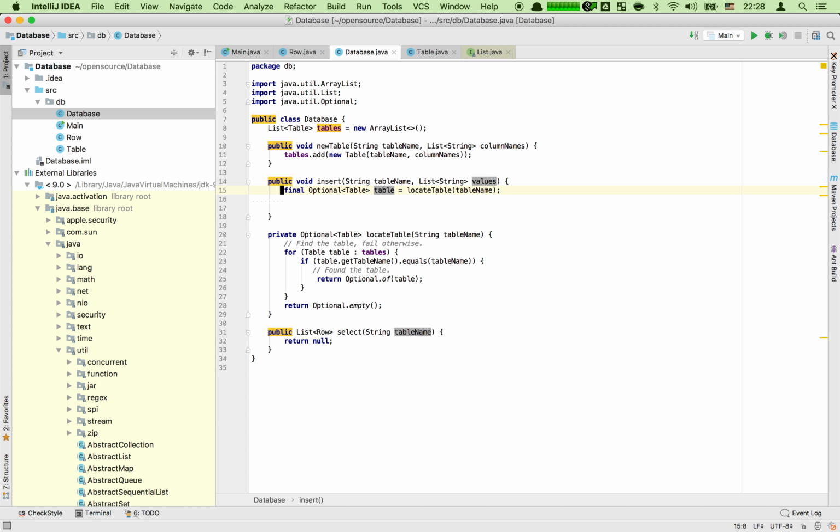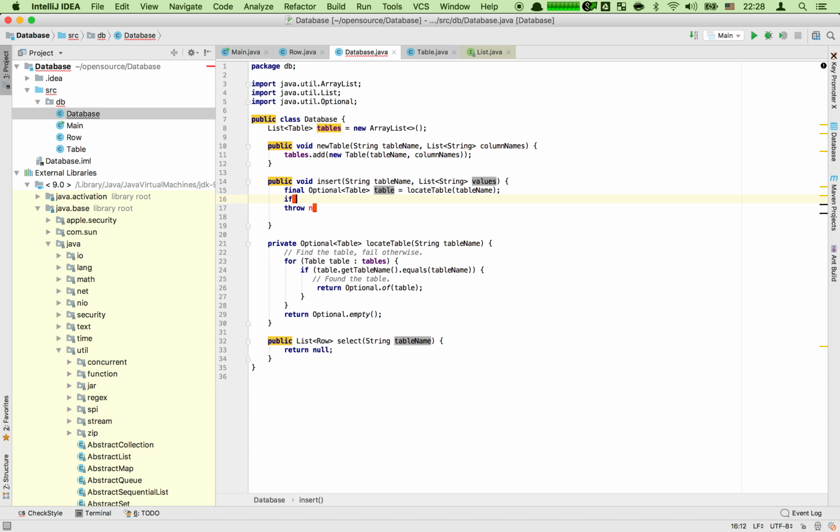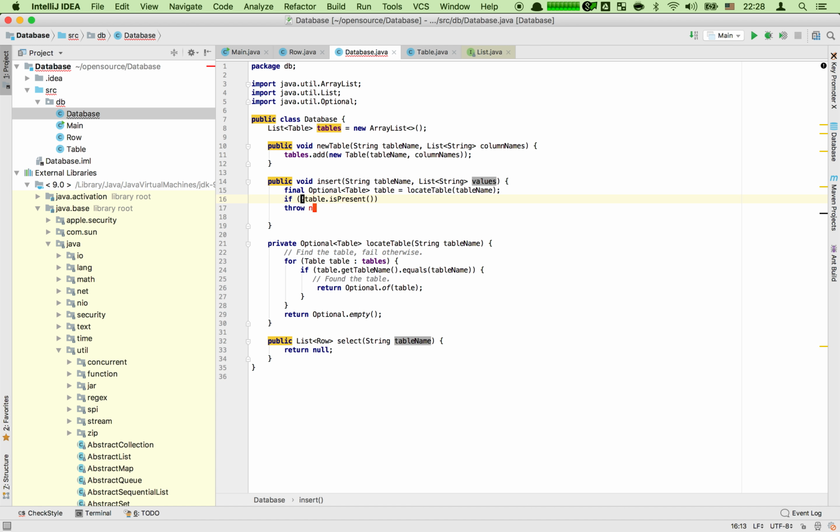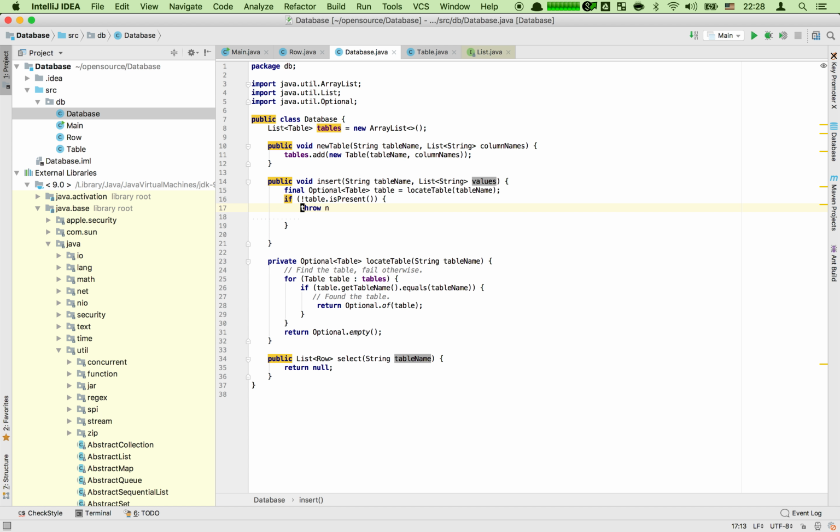Sorry, if we insert and the table doesn't exist, what do we do with it? If you wanted to insert into a table and the table doesn't exist, what do we do? Yes, you get an error. So we will decide for now that we're gonna throw some runtime exceptions. So if there's no table, we're gonna throw new